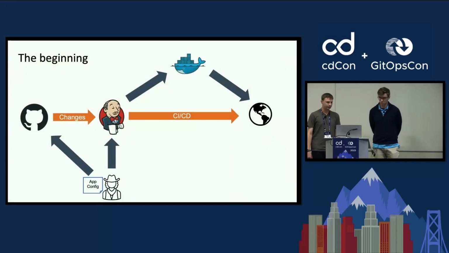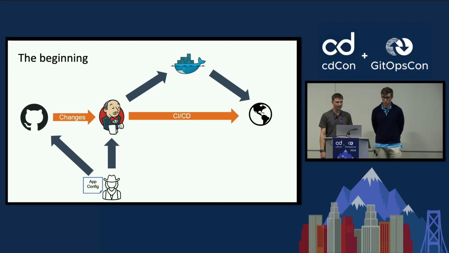And so to start, I'd like to describe the beginning of our developer platform. This is a very high-level view. It should look familiar to many of you who've started a similar developer platform, but it basically grew out of tying existing CI/CD tooling into our source control system, GitHub in this example. In this case, Jenkins was directly tied into GitHub, and users interacted with both Jenkins and GitHub to deliver software